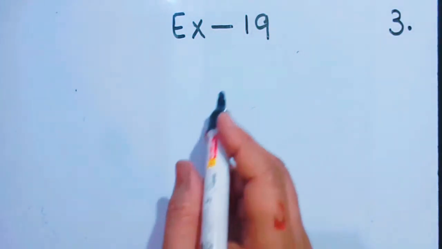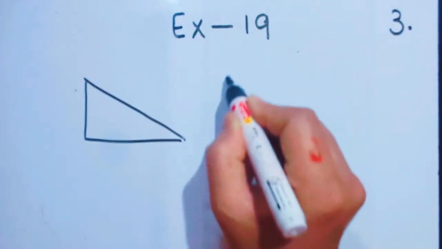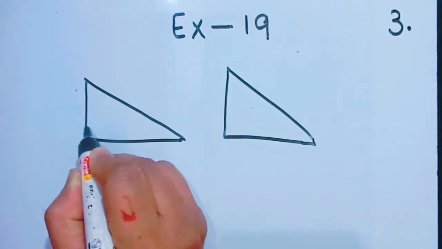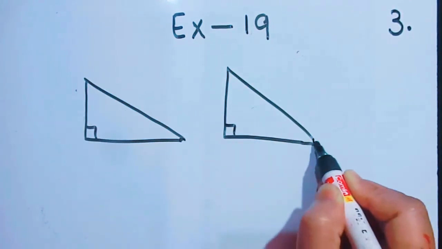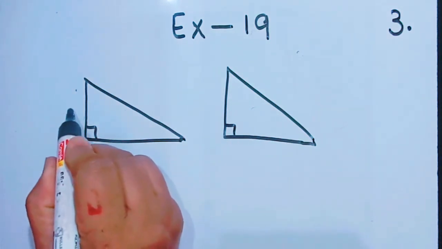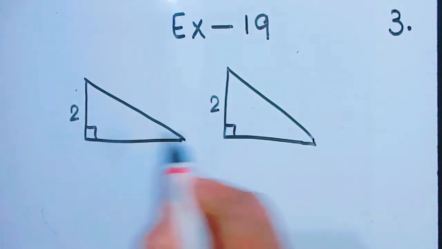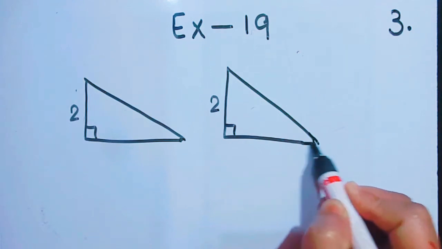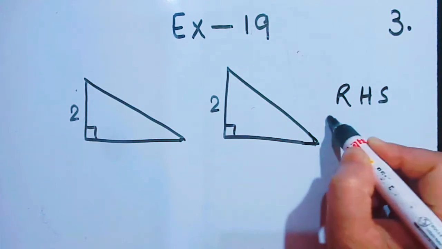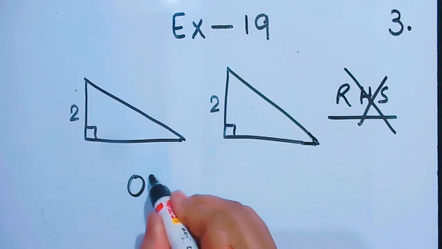Let us take a few of them, like these two triangles. They have given you these two triangles in which one of the angles is 90 degrees, so these two right angle triangles have been given. Very good. Now here you have 2 centimeter, here you have 2 centimeter. As soon as you see that they are 90 degrees, the first thing that will come to your brain is they will be congruent by RHS, right angle hypotenuse side, which is not. So we have to be observant.